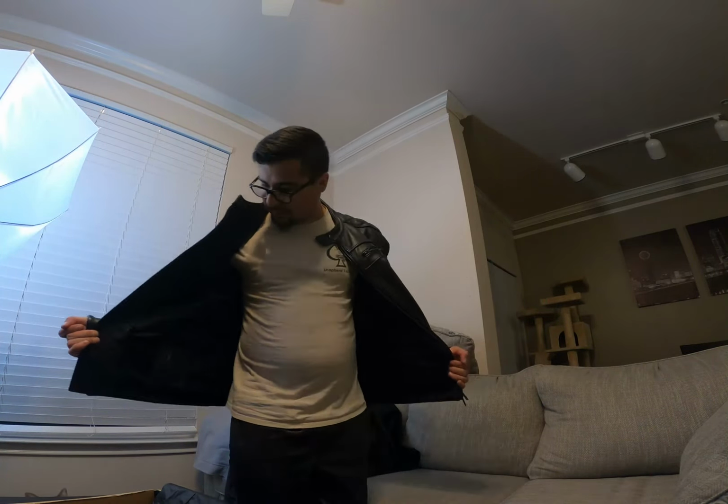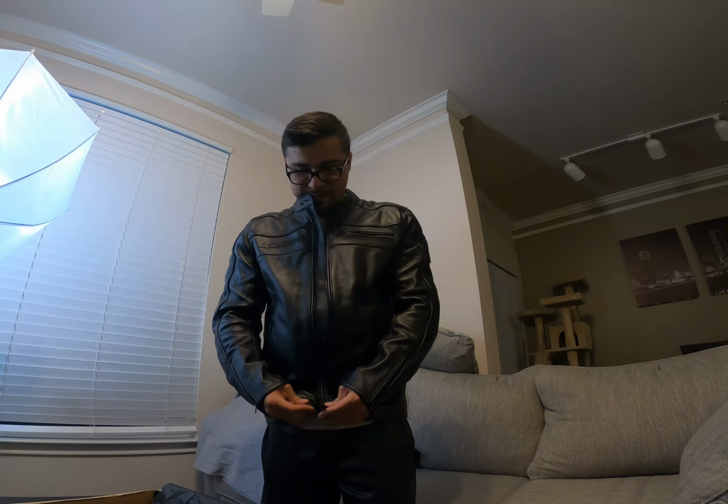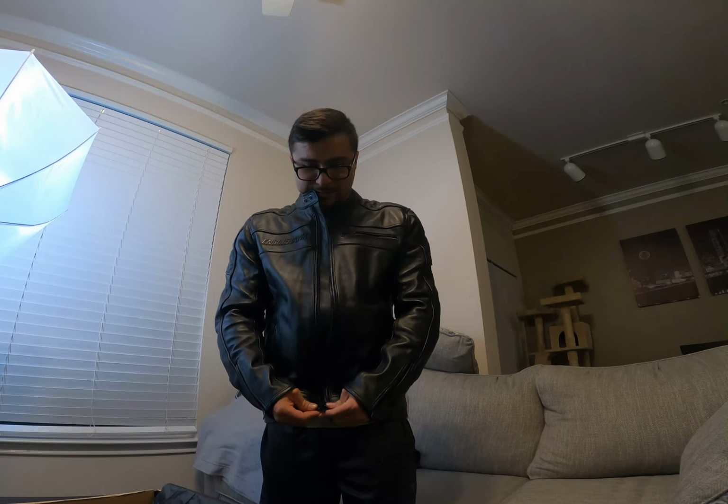This is the 50 cal. I need to put the back protector in. I really need to take it out for a ride, honestly. But as far as fit and finish, the upper half feels tight, the lower half feels loose. And I would take this to a get together, like